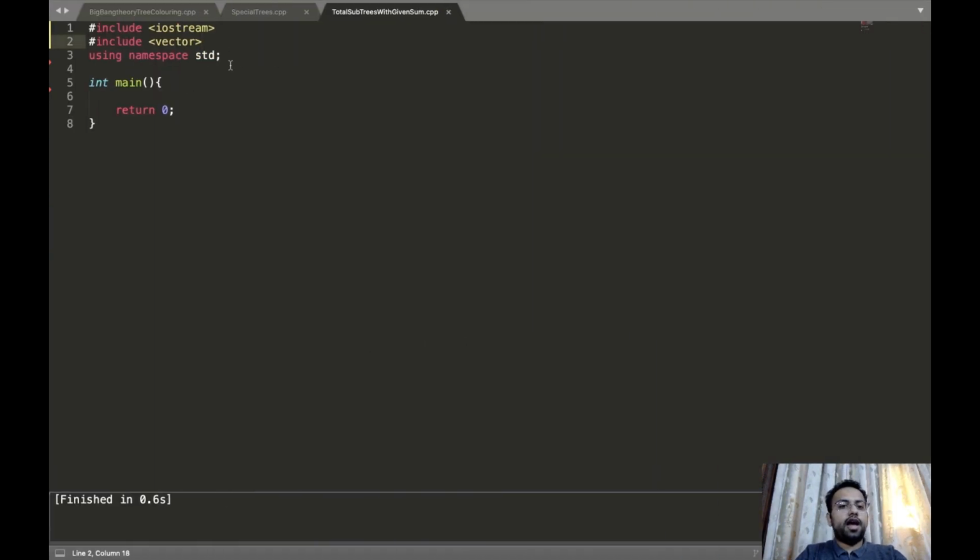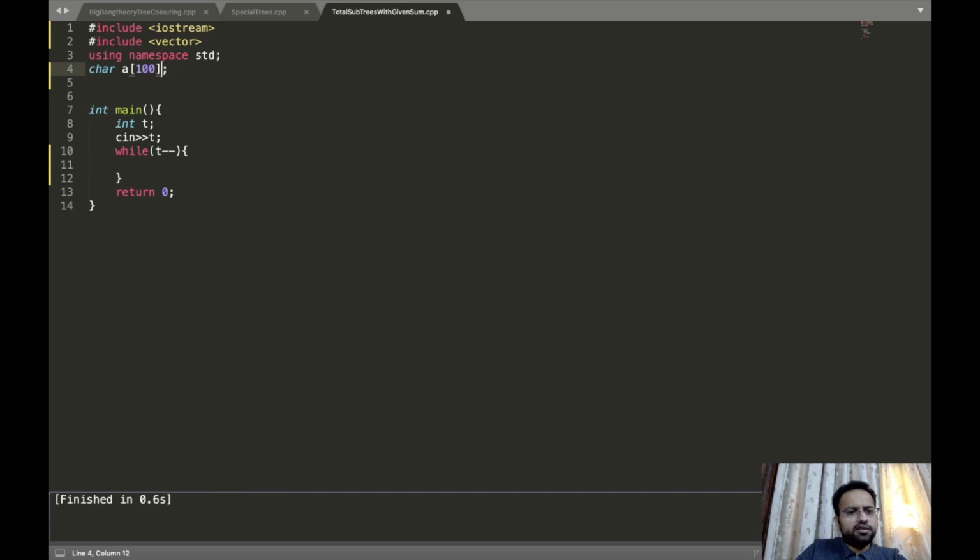Okay, so we will start with the code. First of all, we will take the input of the test cases, then I'll write cin. Then while the test cases are not covered, we will take input of string s. I'll create one character array which is a global array, so that I don't have to pass it every time. Let's take 1000 buckets in it, and whenever we take input of a string using cin.getline, there is one thing that comes in between, which is cin.ignore, right?